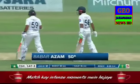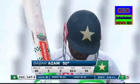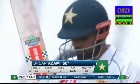Getting a 50 at a critical stage of this Test match, and you need the big guns really to stand tall, stand up to the pressure, to the situation. A wonderful innings, a controlled innings, yes. A few half mishaps here and there, but generally has...